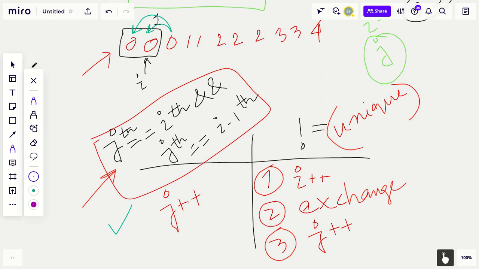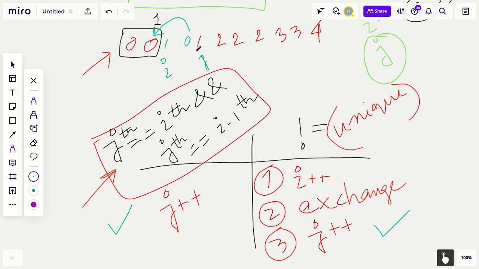j comes over here, then we compare the jth element with the ith element and it does not match, so it comes under this condition. So we need to first increment i, then we need to exchange, so 0 and 1 will be exchanged, so 0 comes over here and 1 comes over here, then j plus plus, so j goes over here.